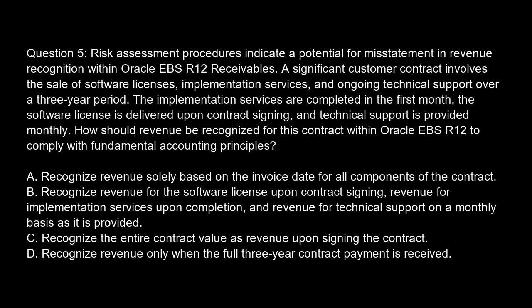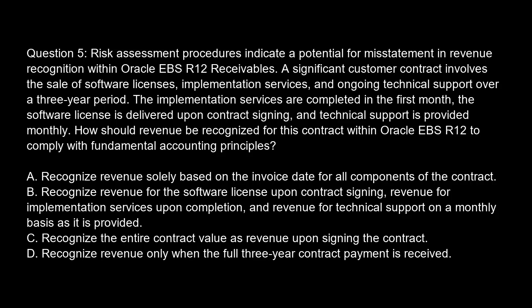Question 5. Risk assessment procedures indicate a potential for misstatement in revenue recognition within Oracle EBS R12 receivables. A significant customer contract involves the sale of software licenses, implementation services, and ongoing technical support over a 3-year period. The implementation services are completed in the first month, the software license is delivered upon contract signing, and technical support is provided monthly. How should revenue be recognized for this contract within Oracle EBS R12 to comply with fundamental accounting